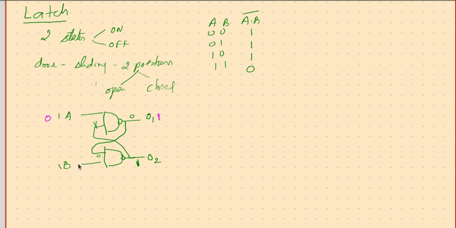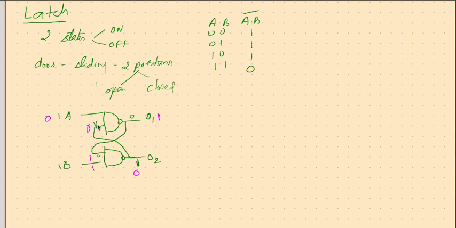B is still a 1. A 1 comes back here, and 1 1 will guarantee this to be a 0, and this 0 comes back here, and this 0 ensures that this is going to be a 1. Now after some time, after this work is over, that means this has become a 0, therefore this has become a 1. A 1 has come here, 1 1 makes it a 0, and this 0 comes back here.